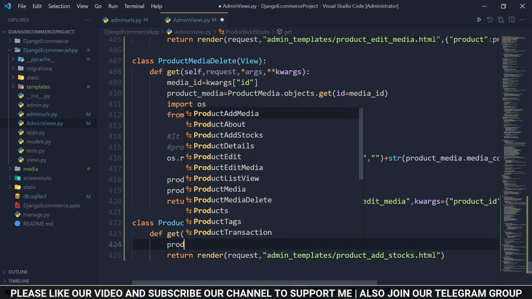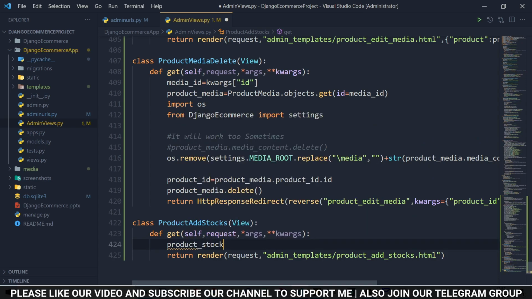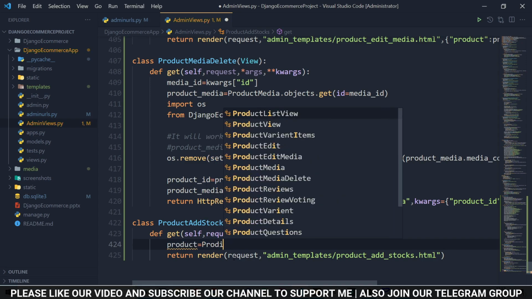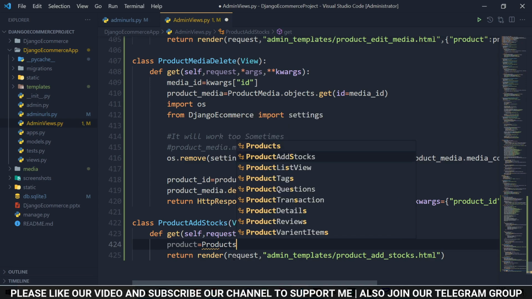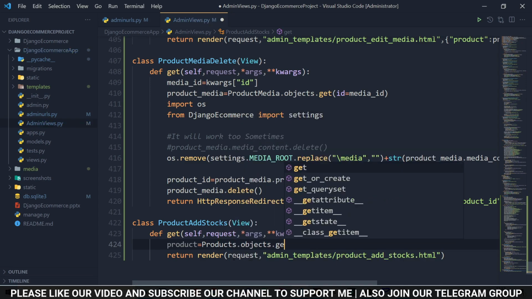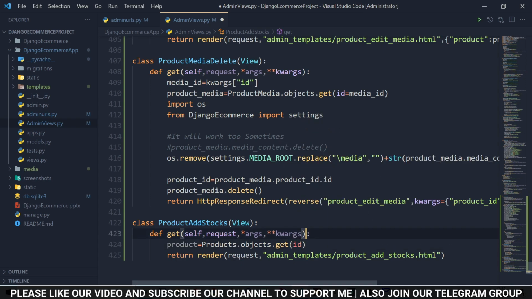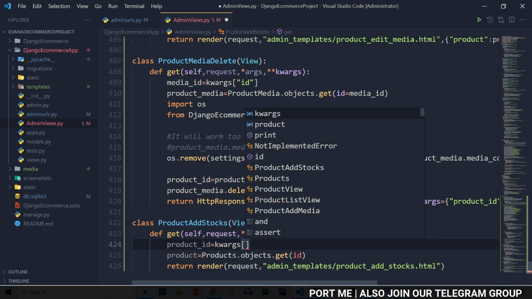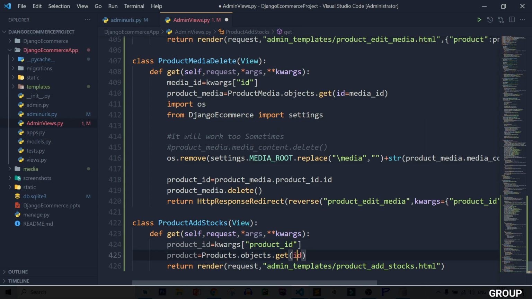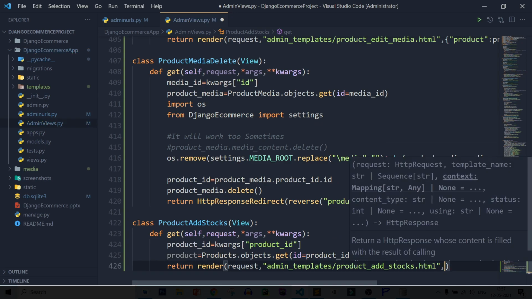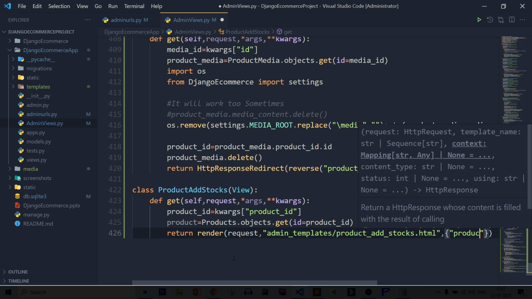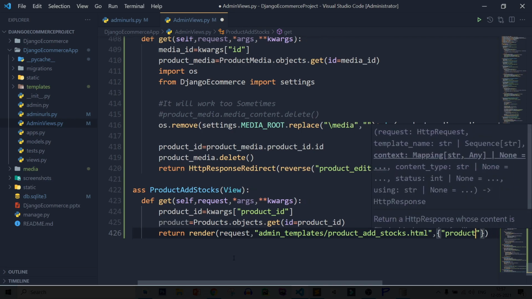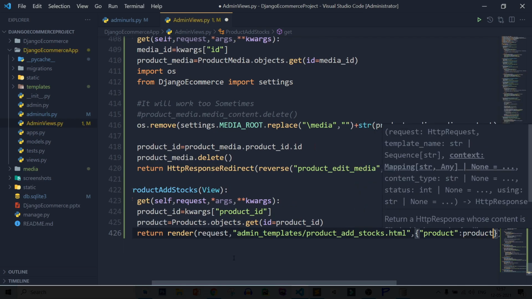After that passing the data, so product stock equal to product equal to products dot objects dot get id equal to product underscore id equal to kwargs product underscore id. So id equal to product underscore id, then passing product underscore id, okay, product. Save this file